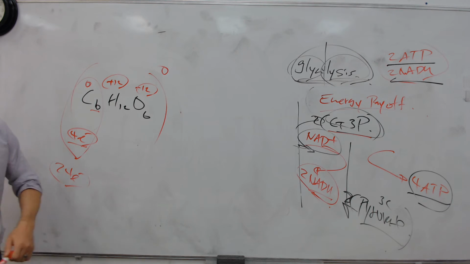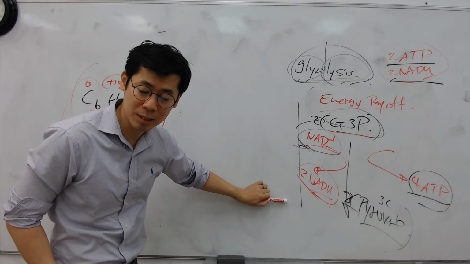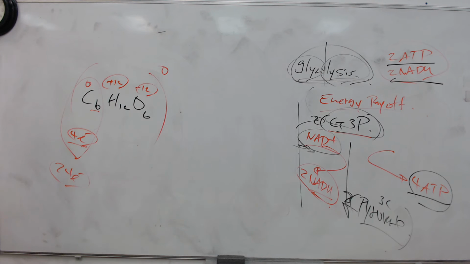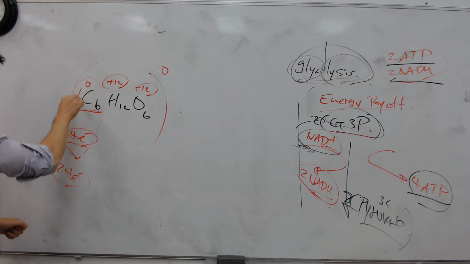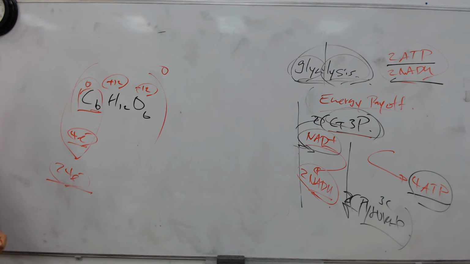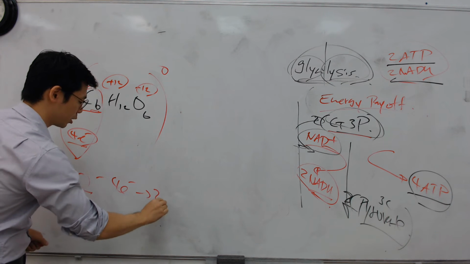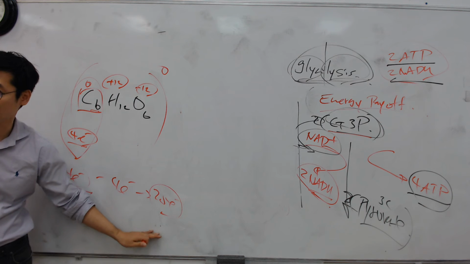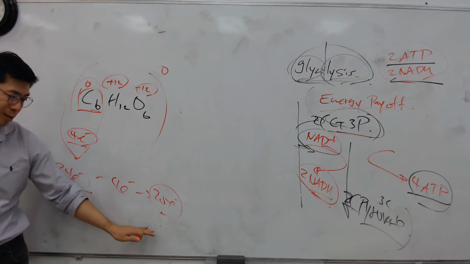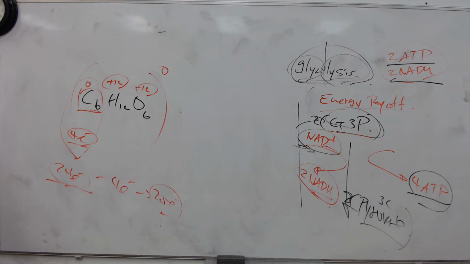So during the glycolysis process, look at this. They produced 2 of these, which means they only extracted 4 electrons out of the 24 from carbon. The 6 carbons have 24 electrons, and they only took out 4 of them, which means you have 20 electrons left. So it's such a waste to get rid of the 20 electrons.